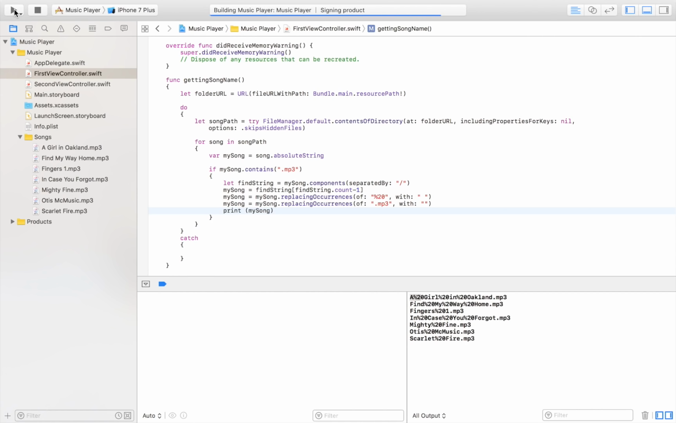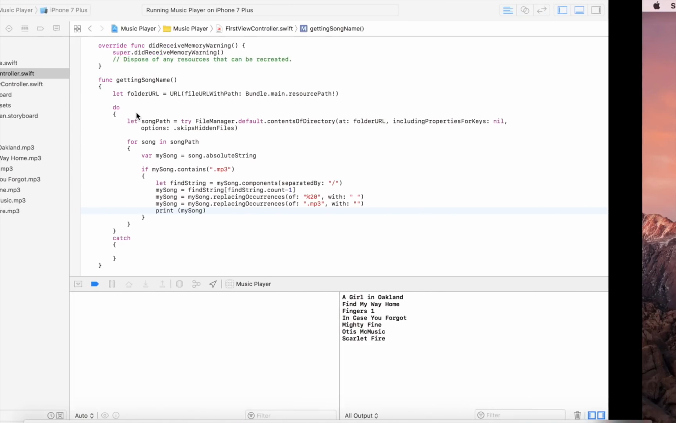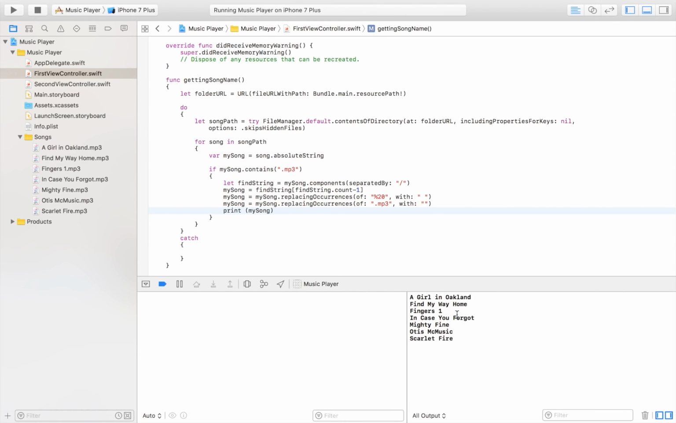So let's check if that is indeed the case. And yes, it is indeed the case. So here we have the song names without the extension, and everything looks clean and nice. Awesome. Now we're going to head over to the next step, and the next step is going to be loading